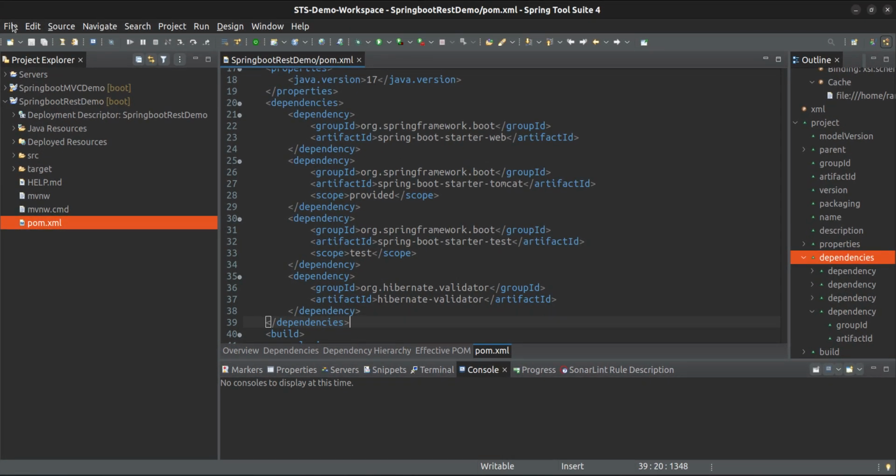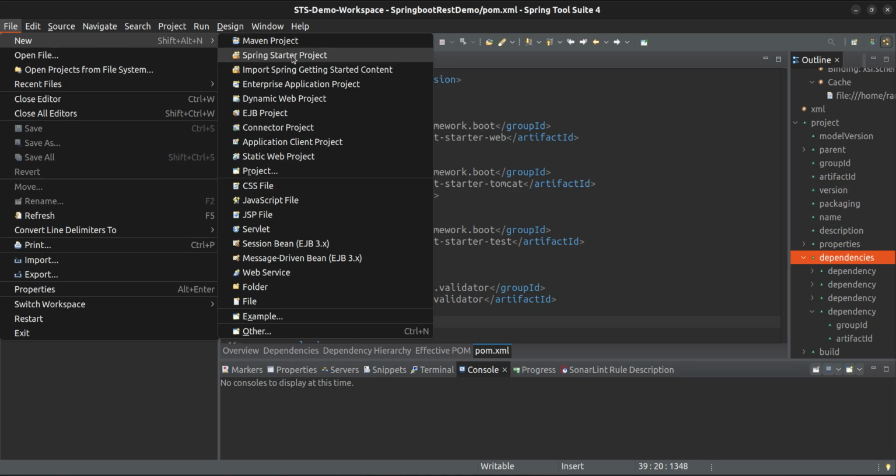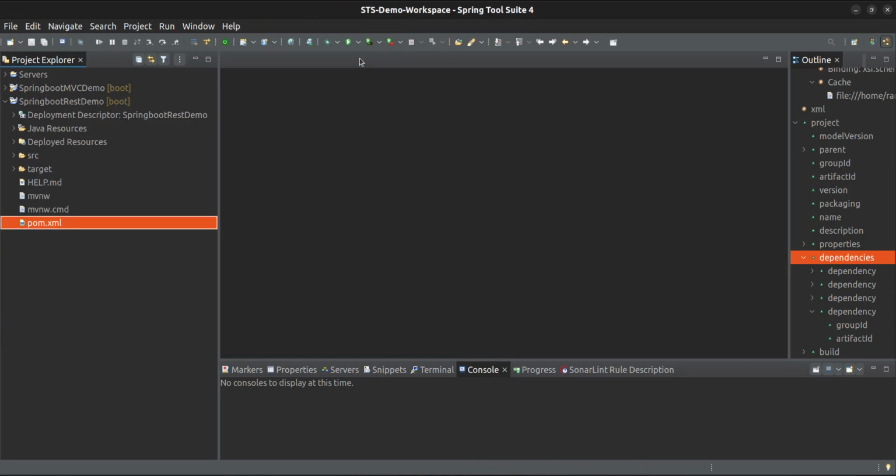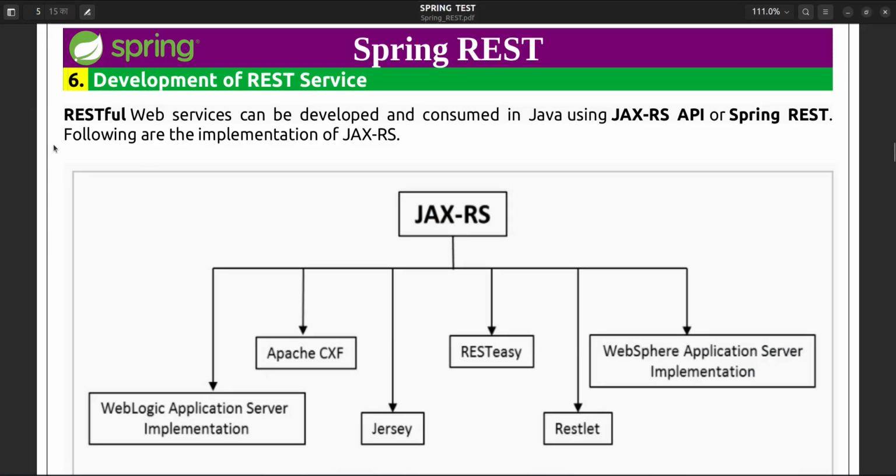or else you can use this STS to create the Spring Boot project. So you can follow any one of these approaches. We have already created the Spring Boot REST demo. We will see this one, but before that let's see the RESTful web services